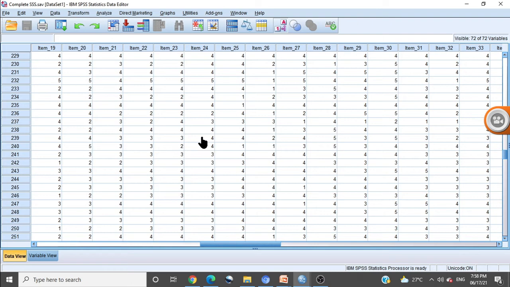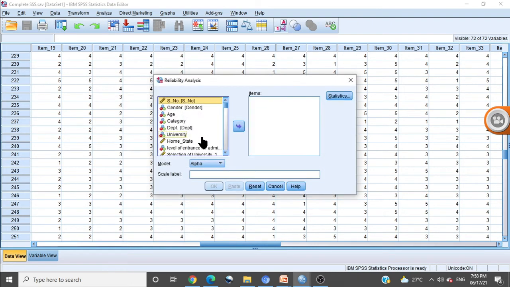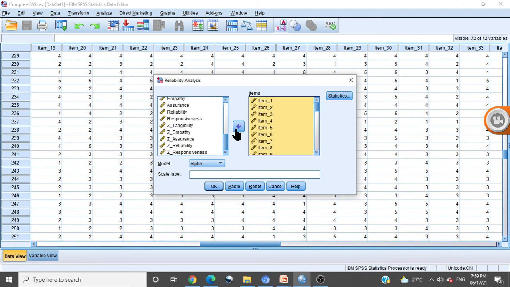This dialog box will open. So you can send the number of items to this side. I have already told you how to send the items. Let us click on the first, then put a finger on Shift, then the down arrow key. Take 46 items here.